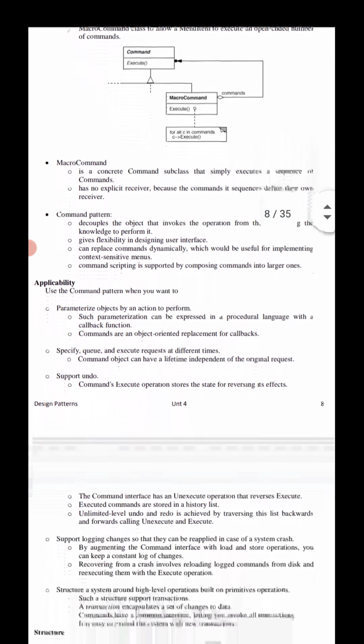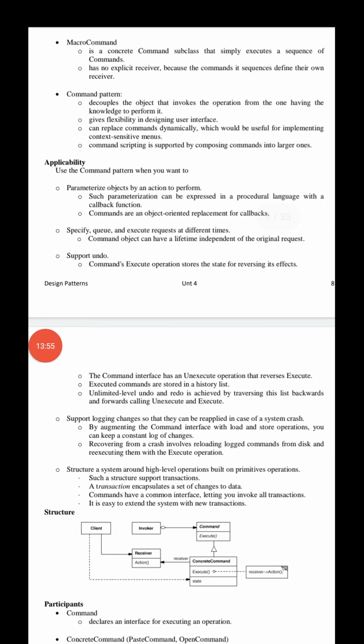And coming to the applicability, that is, where the command design pattern is used: when you want to do